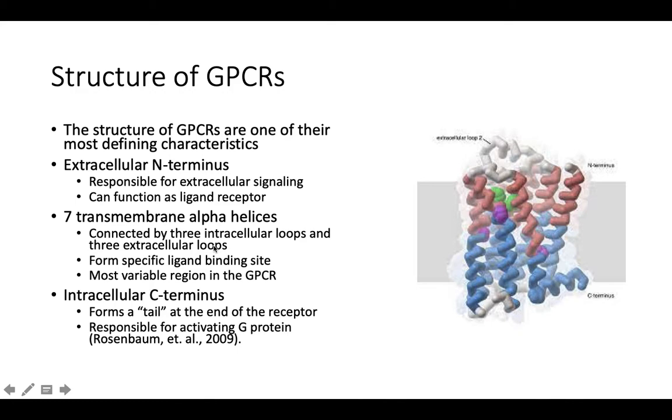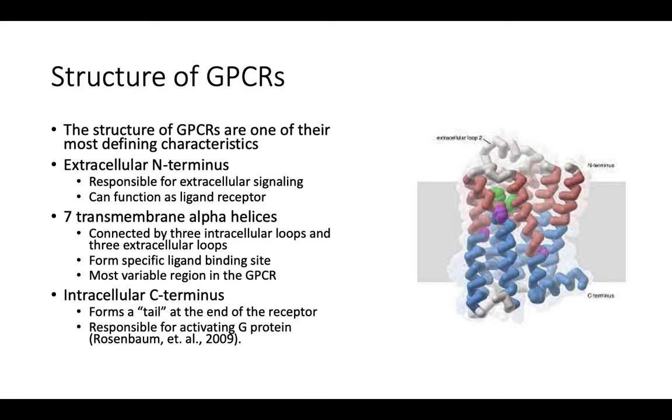Often GPCRs are also called 7 transmembrane proteins, and it's because of this. They have 7 alpha helices that span throughout the cellular membrane. And these places can also help with the ligand binding, but they also do communicate with each other as well. And it's the most variable region in the GPCR, and it's actually one of the most effective ways to distinguish